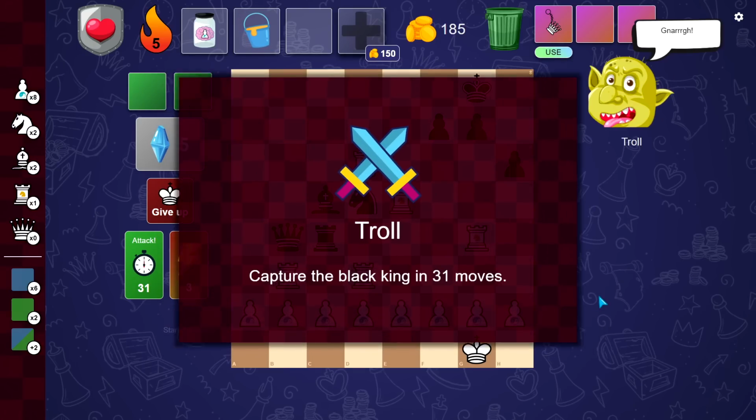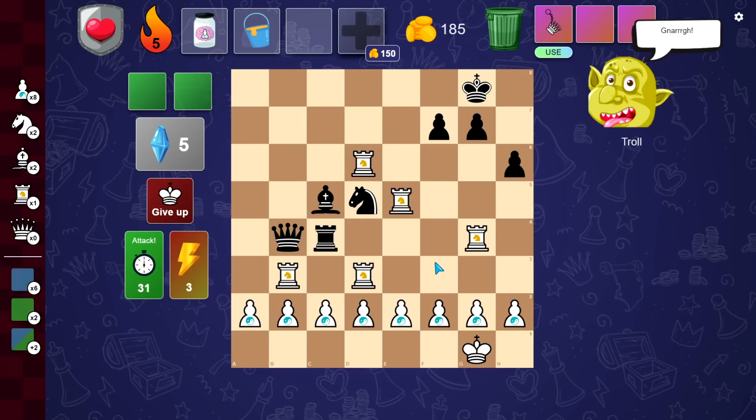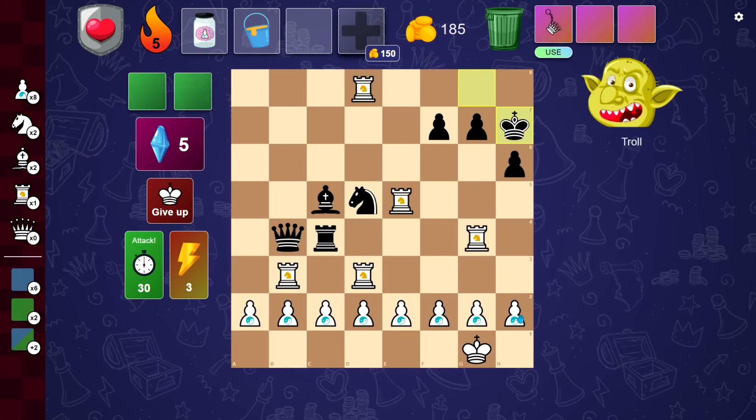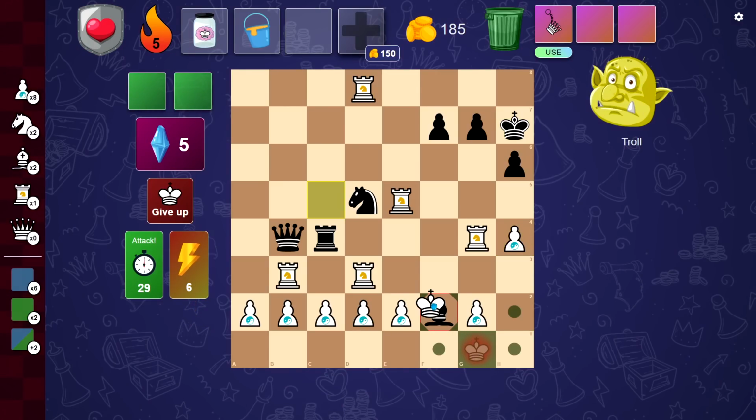So the troll, capture the Black King in 31 moves. I got 31 moves to get this done. That's fine. Start with just a very simple play here. Now my universal pawns, I know that you can basically take this rook for free. Well, no you can't, because I just take you back. So push your pawns. Let's make this really simple. You are just sacrificing...